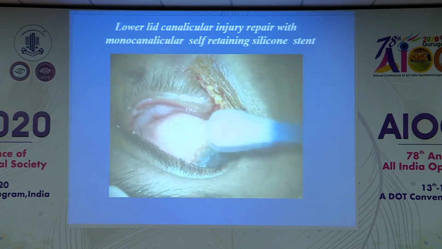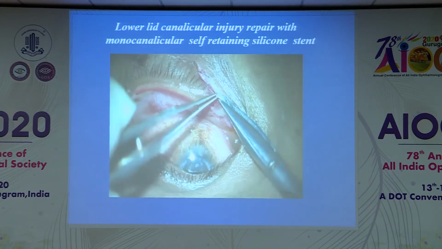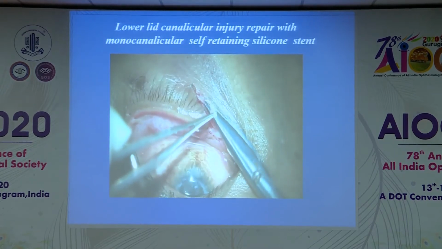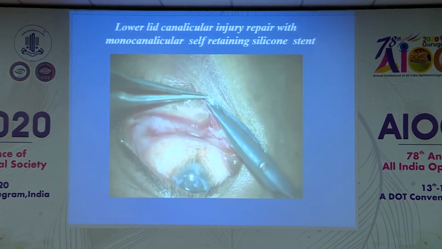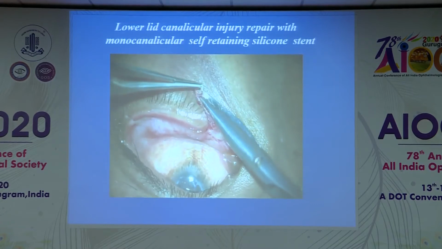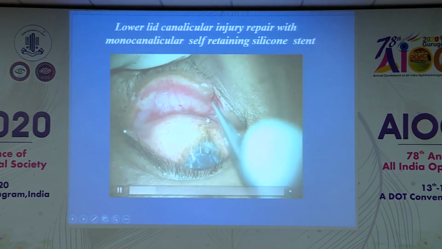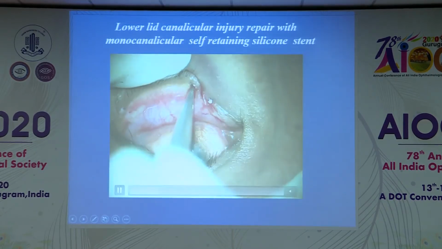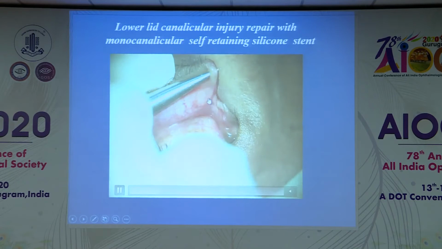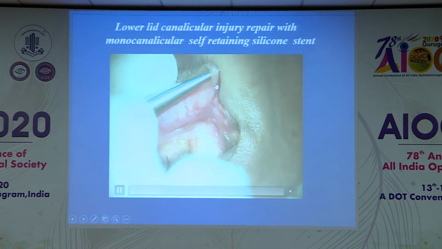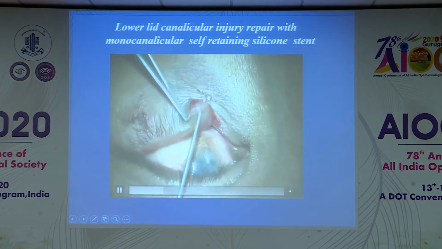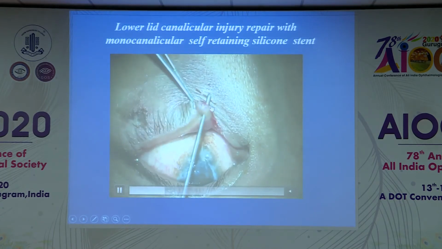You can see the white shiny rolled edge of the canaliculus here. First you have to clean the wound with betadine, remove all the necrotic tissue with a betadine swab as well as sharp dissection. Then you identify and locate the punctum. So here there is the punctum. You have to dilate it with the Nettleship punctum dilator. This is a very proximal injury. You can see hardly 2-3 mm of the canaliculus is involved.